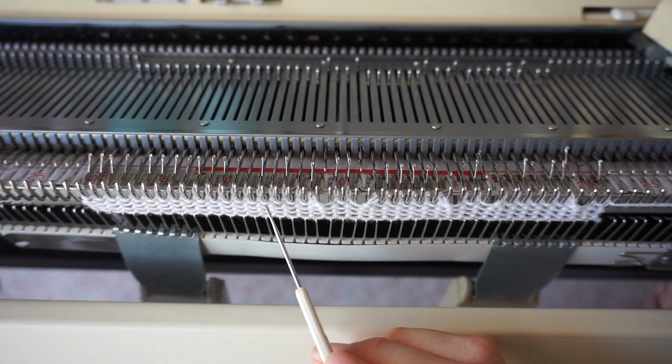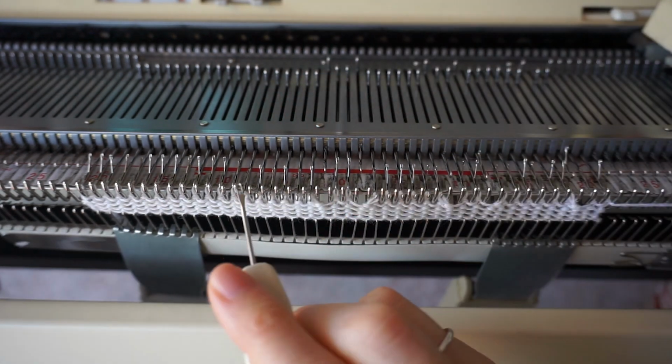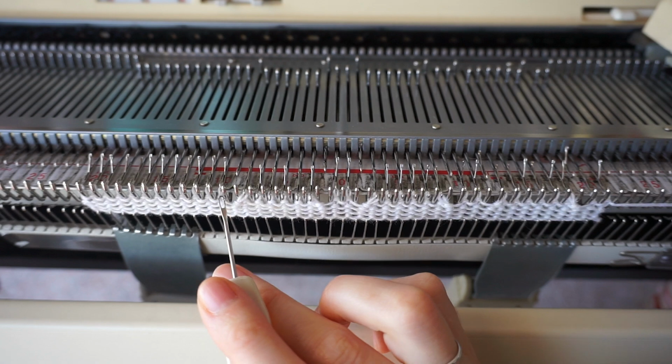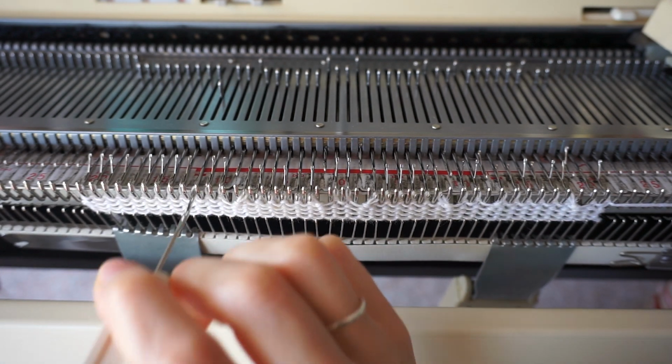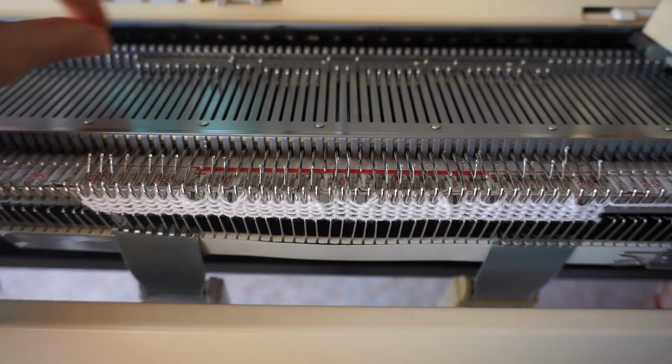We'll repeat the same on the other side. Count 6, transfer the next one, skip 2, count 6,